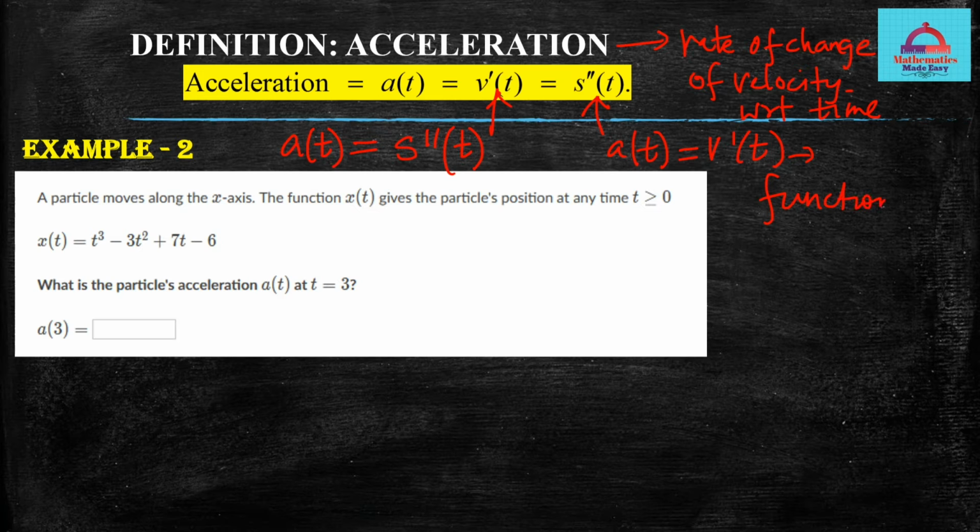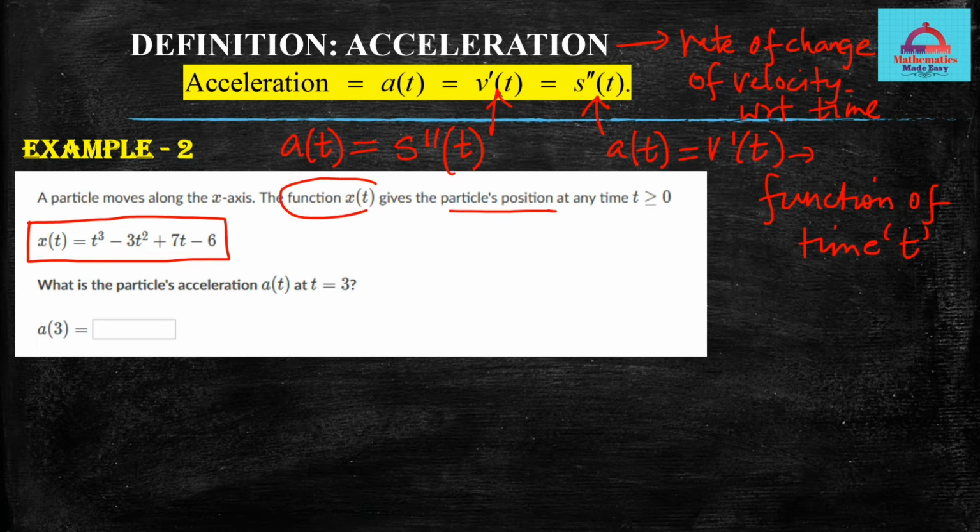So let's see an example now. This is going to be the second example that we do today, and in this one you are given the particle's position with this function. The function is x of t, so it is a function of t. As you can see, the time is positive and the particle is given to be moving across the x-axis. What you need to find is the particle's acceleration at time t equal to 3. So in the last question we had done just the first step, which was velocity. Let's do the acceleration now.